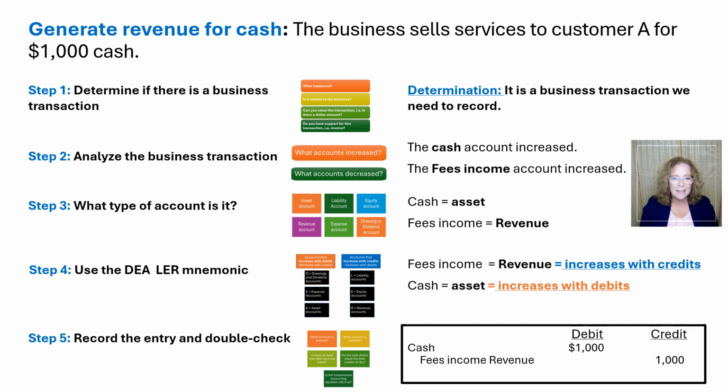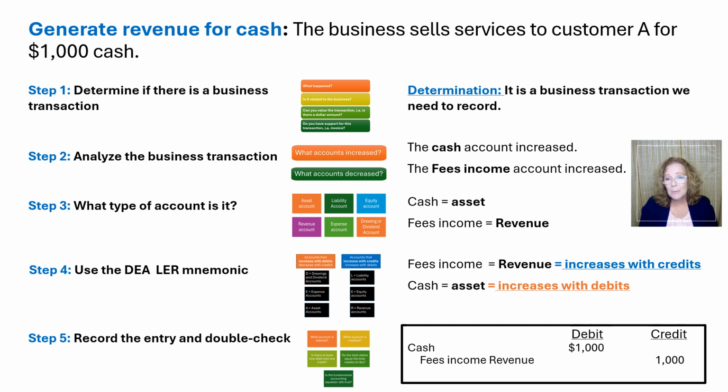Cash is an asset and it increased by $1,000. So a plus 1,000 to the asset side or left side of the equation. Revenue increased and revenue increases the owner's stake in the business. Do you recall that we said that the profits and investments are amounts that the business owes to its owners? So revenue is part of the money the business generates for the benefit of the owner.